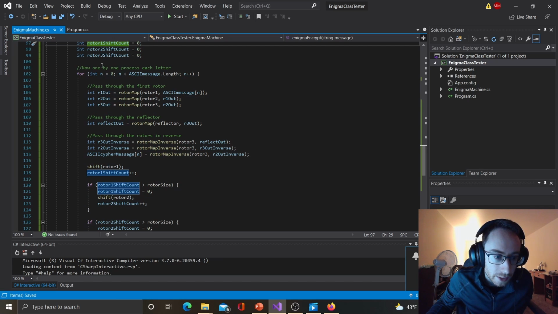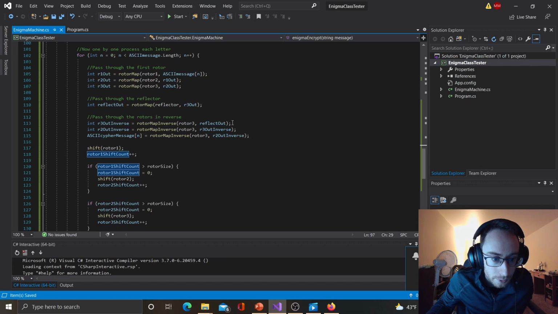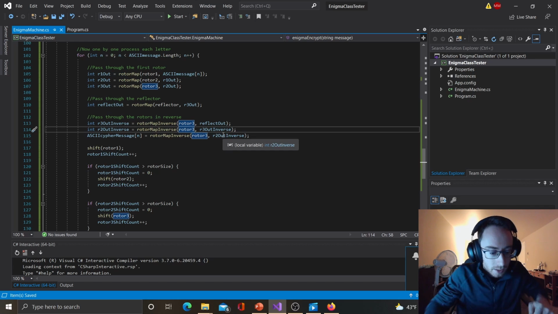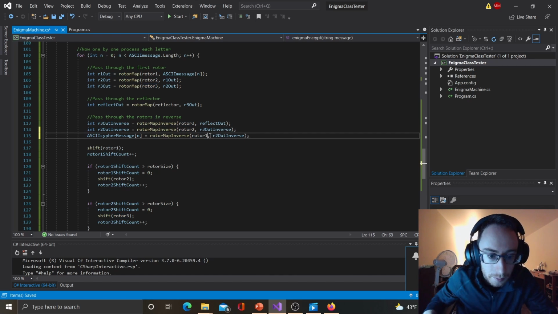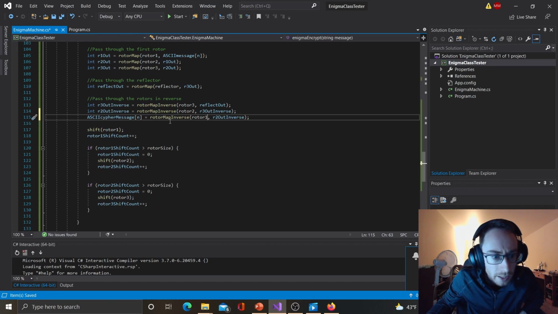So for each letter in the array, first pass it through the first rotor, then pass it through the second rotor, then pass it through the third rotor, pass it through the reflector, and then pass it through the rotors in reverse, going from rotor 3 to rotor 2 to rotor 1. I think I have a little mistake there. That should be a rotor 2, and that should be rotor 1. Some copy and paste mistakes. And then once we've gone through the first rotor in reverse, that will be the encrypted ciphertext, and we'll store